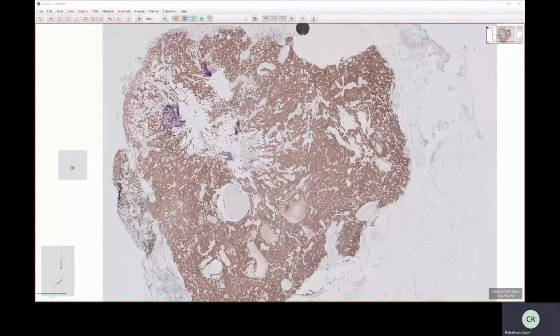P53 mutation is almost synonymous with high-grade serous carcinoma of the ovary, so it's very useful to use immunohistochemistry against P53 in that situation. And another situation that's commonly used is deciding whether something that you've already decided is malignant,